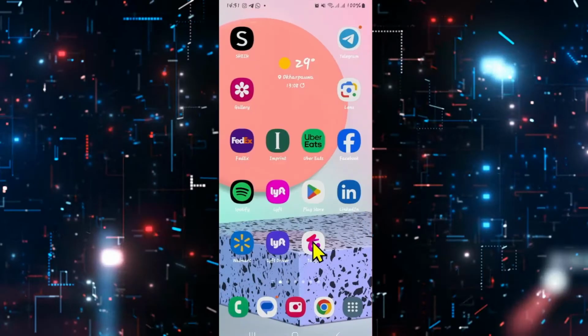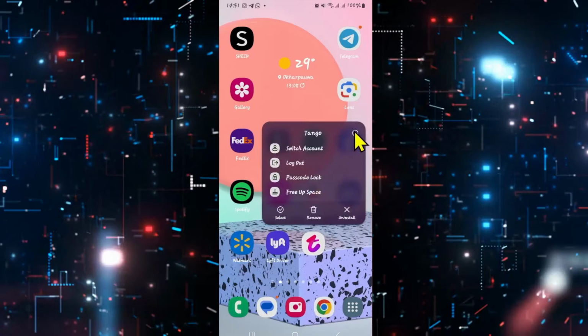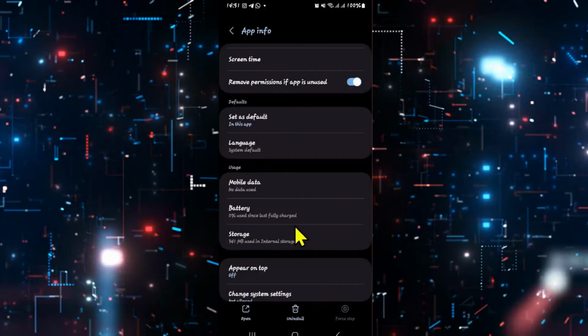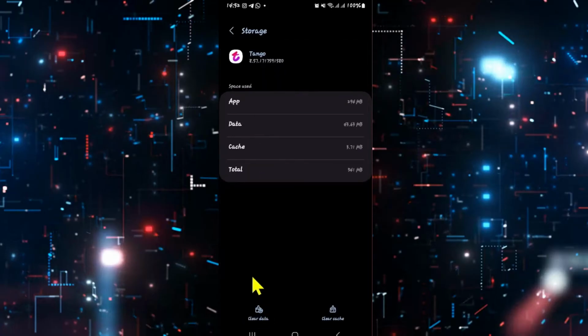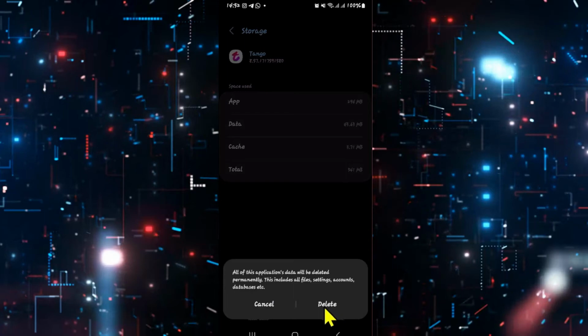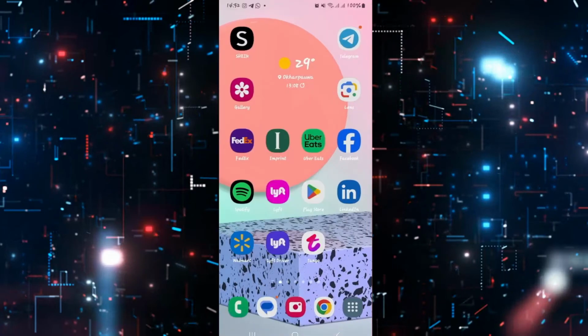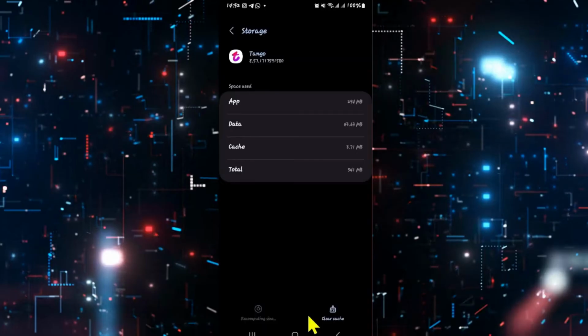If this still doesn't work, then you can long press on the Tango application and tap on the info button at the top right corner. From this page, first of all, stop the application by tapping on Force Stop at the bottom right corner and tap on OK. You can now scroll down and tap on Storage and you will see the Clear Data button. Tap on this button and then tap on Delete, which will clear all of your user data for the Tango app. Once this process is completed, also make sure to clear the cache from the bottom right option,